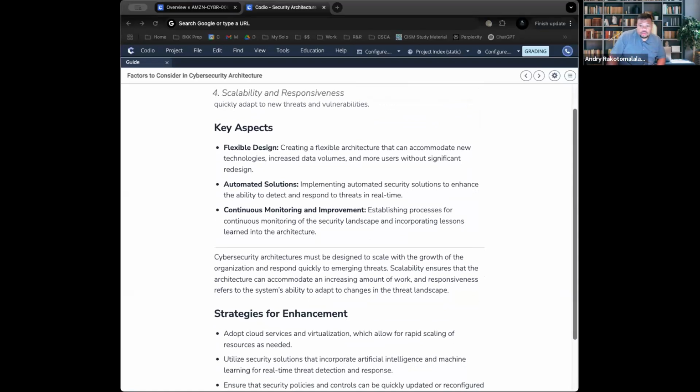All right. So, what are some key elements of scalability and responsiveness? Well, the first one is a flexible design. A flexible design means that it can handle more users, more data, and more devices over time without breaking. That's like saying, when I pack, I'm going to make sure my suitcase is bigger so that when I travel, I can buy souvenirs and there's still space in my bag to bring them back. That's a very simple concept of flexible design, meaning that you can add or remove things as needed.